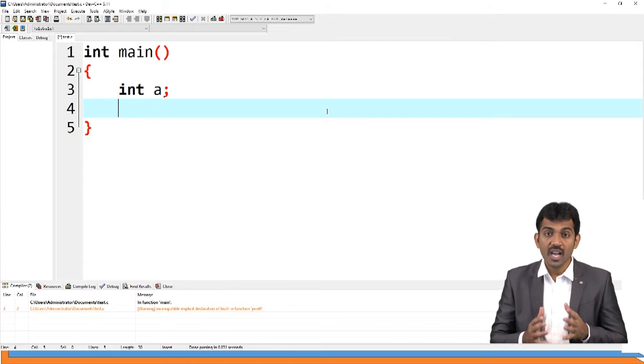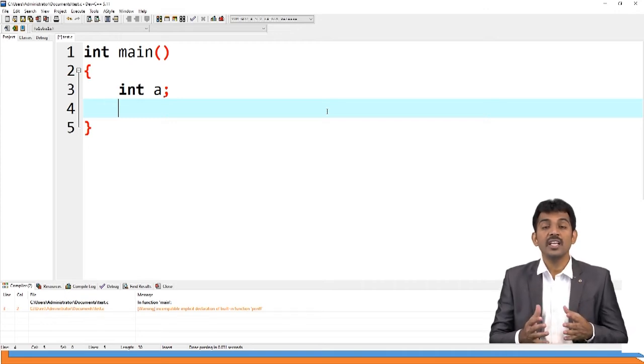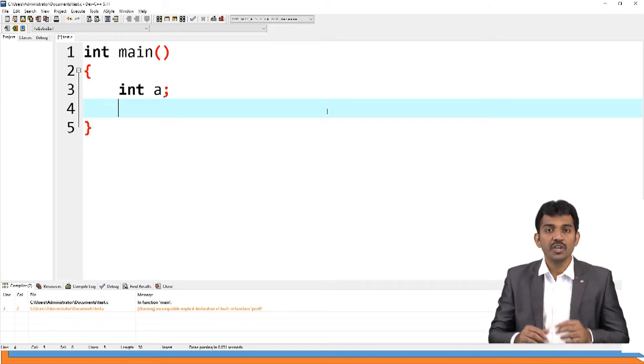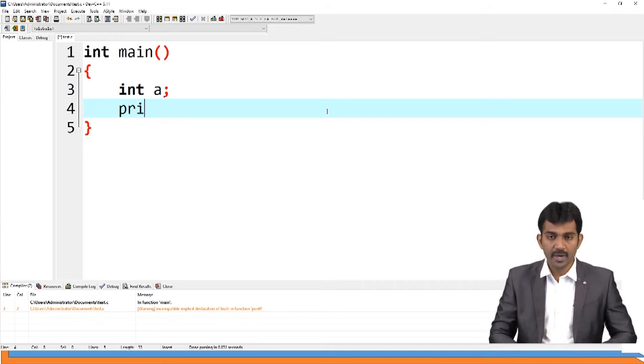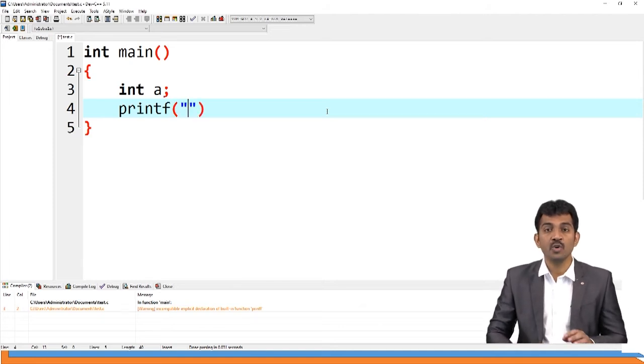That is why I use int a as a variable, and I'm going to display one message: enter a number. This is a message we are going to print. When you are going to print a message, you should use printf. Printf is a statement. By using printf, you are telling the console that you read a number.